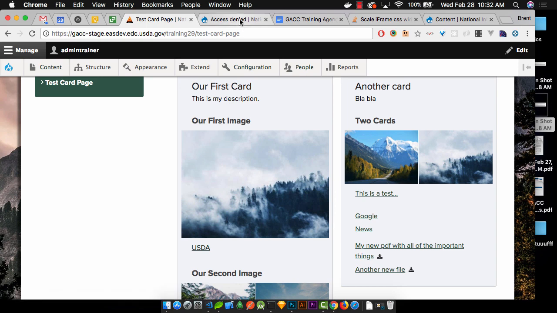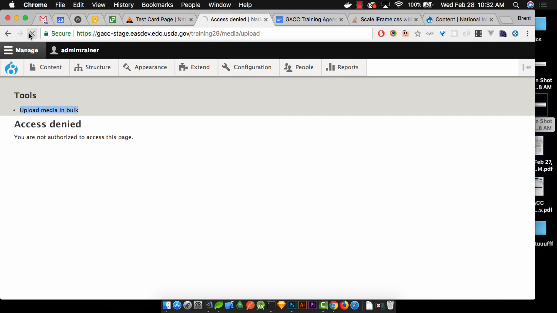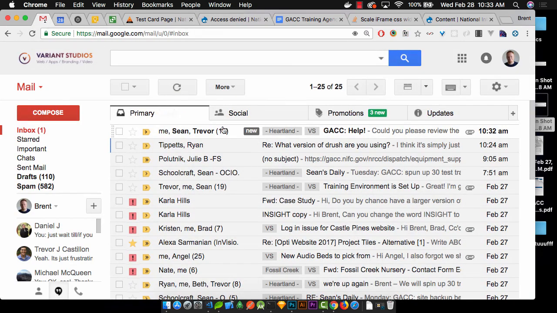So for example, we have a folder called front web. This is how we get all these documents into the site for our website. And then there's one other method of managing these files or media, and